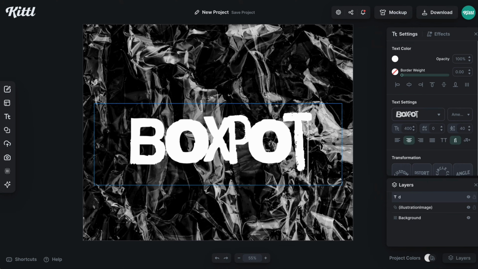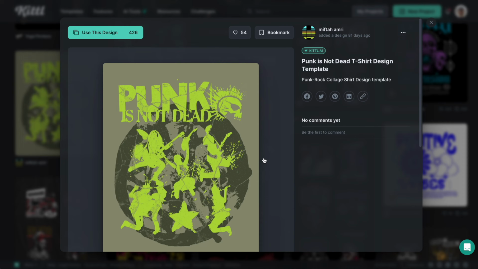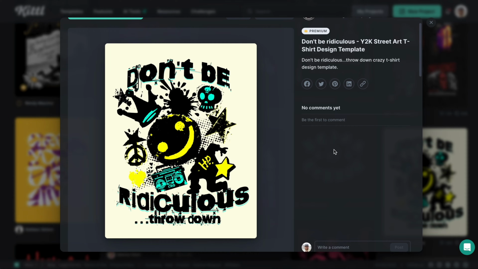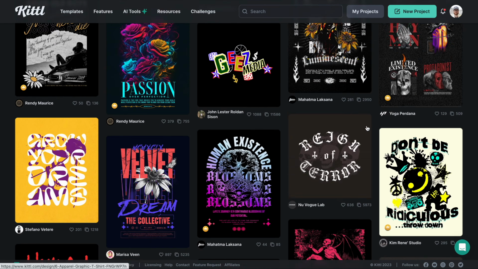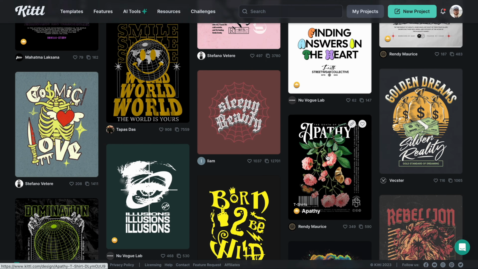Bugspot. This one is the streetwear design favorite in Kittl. We can easily find designs under the streetwear section using this font. I couldn't leave this one out of the list. Those type of eroded fonts with a grunge feeling really resonate with streetwear design. Kittl has a couple of similar fonts with the same characteristics, but it seems that Bugspot is the most popular among this design style.